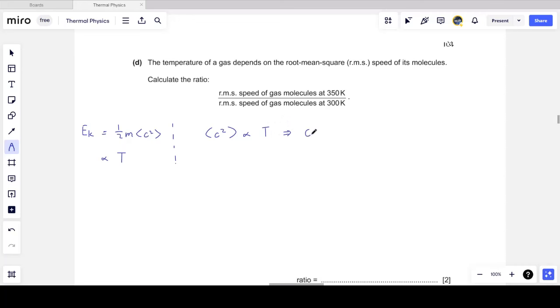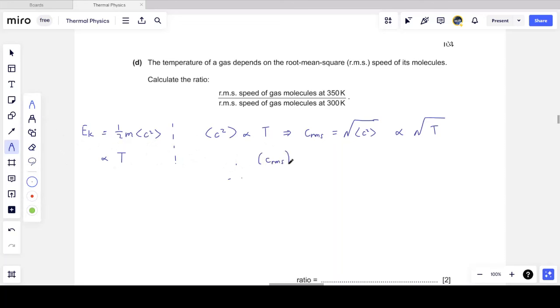Which then means that the RMS speed of molecules, which by definition is the square root of the mean square, if I block off the word root, I get mean square. If I square root the whole thing, I get root mean square. So it's the square root of the mean square speed, which is the RMS, which is obviously then proportional to a square root in temperature. So I have to square root the temperature,